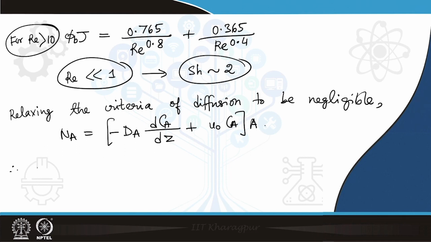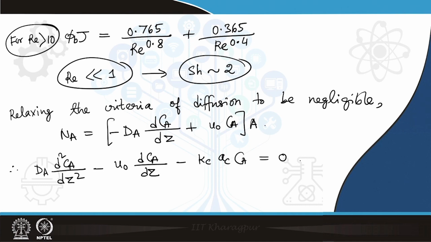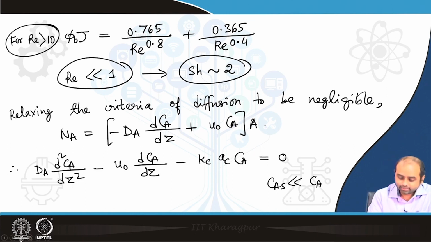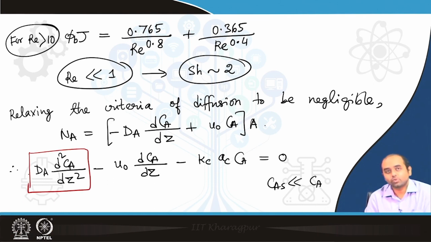So, what we get is that we have an additional term in this problem. Of course, the reaction part is done the same way here. We consider that the reaction surface concentration is much less than far away from the particle. Now, this double derivative term is an additional term in this case, which is due to the diffusion. Just to give you a mathematical perspective, if you try to non-dimensionalize this equation,